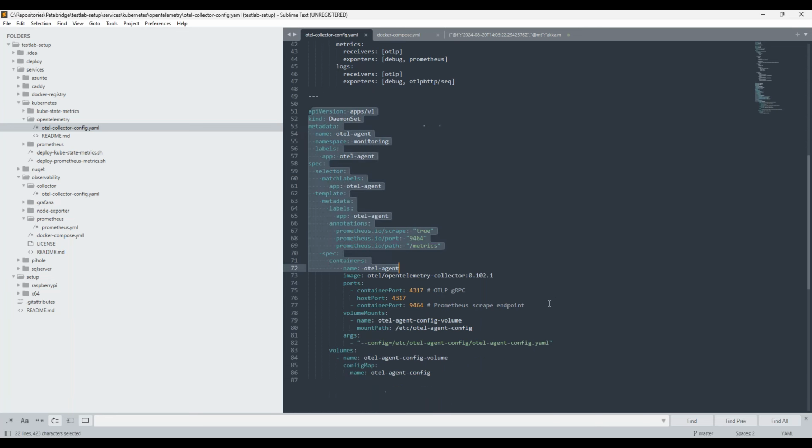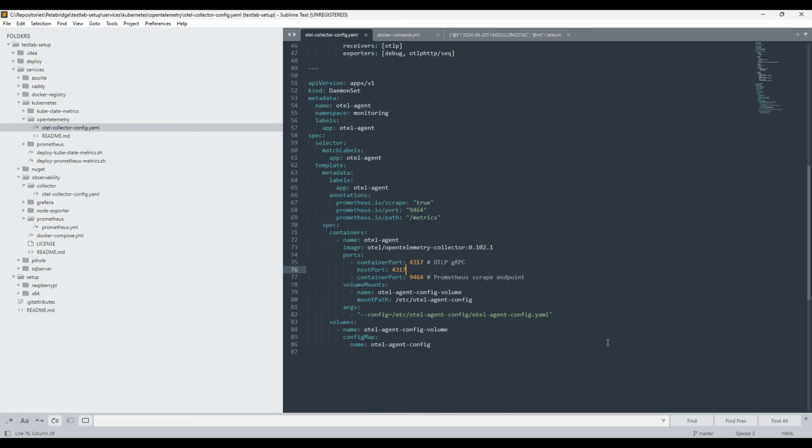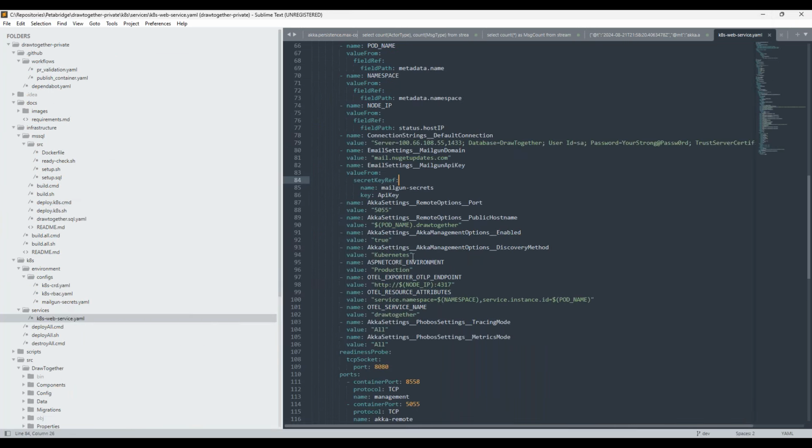And I deploy everything as a daemon set right here. This is a Kubernetes-specific construct, but what this means is if I have 3 different Raspberry Pi instances that form my ARM64 cluster, each one of them is going to run a local copy of this agent. And then my application that I have right here, which is what I was showing earlier, I'm going to specify